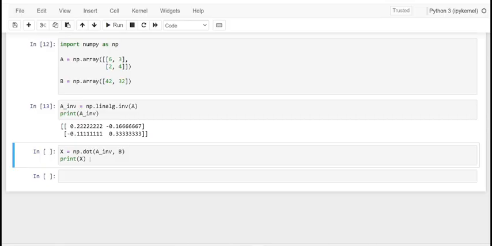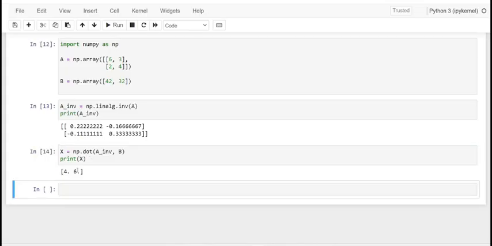There we identify, kindly observe, the resultant matrix X, which will contain the values of the unknown variables. So here 4 and 6. And 4 and 6 exactly is what we identified, and the output shows that in our system of linear equations, the values of the unknown variables X and Y are 4 and 6 respectively. You can also put these values in the above equation and see if you get the exact answer or not. And that brings us to the end of this deep dive into NumPy.